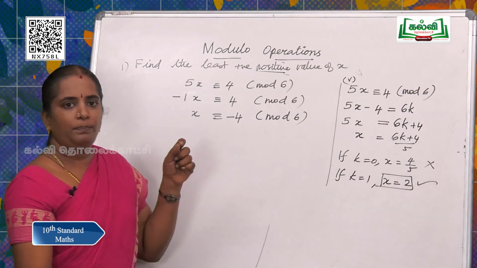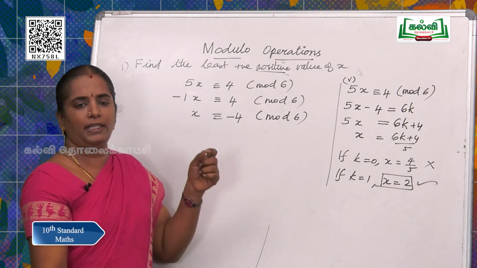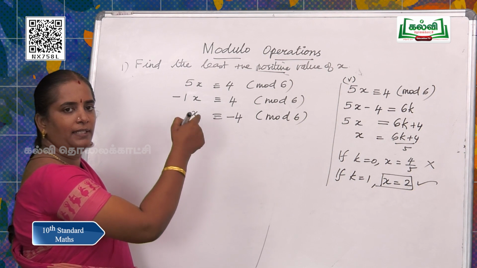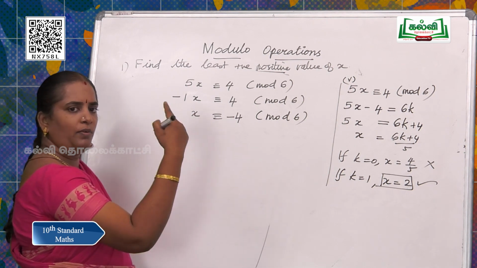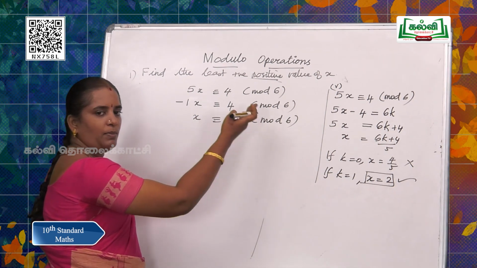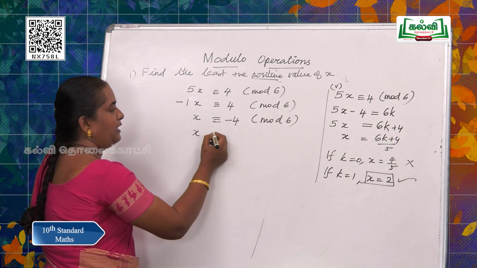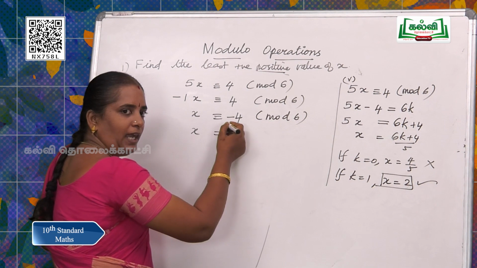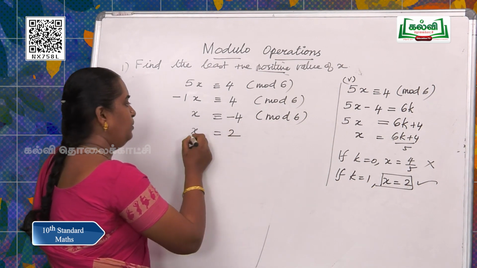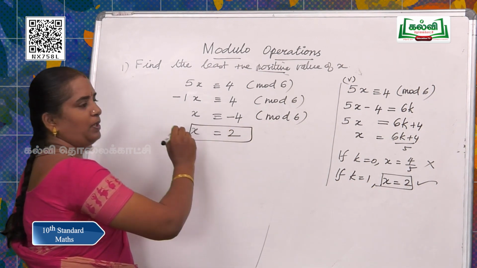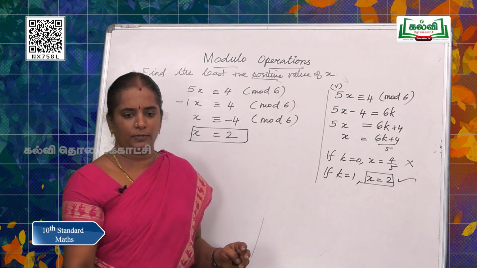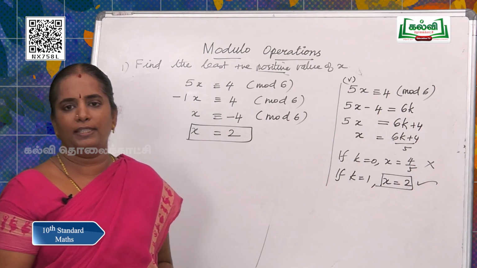Yes, we should never end with negative numbers. Our answer should be the least positive. That is the first topic itself. So what should we do to make it least positive? Add this modulus, 6. Very good, you have understood. Add 6 to this minus 4, you get 2. So 2 is the least positive integer. Whichever method you like, you can follow. Have you understood all these?